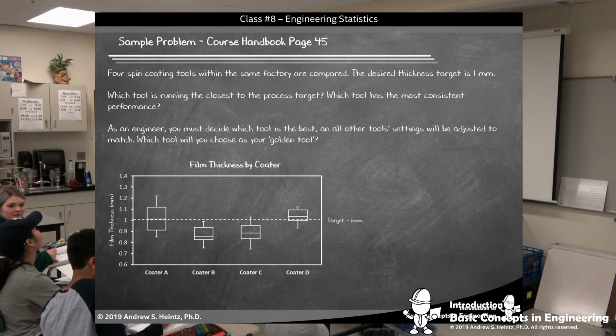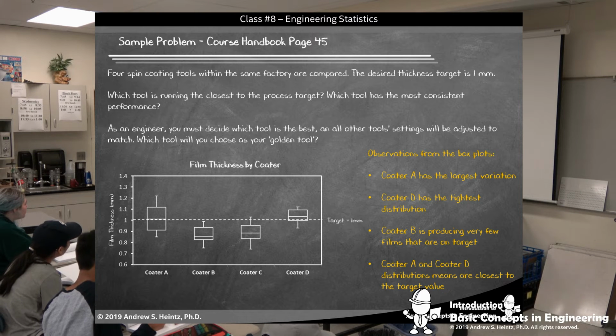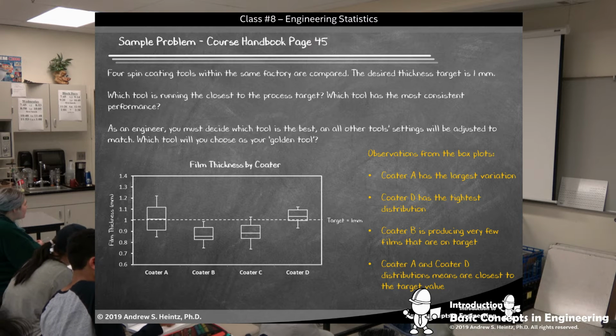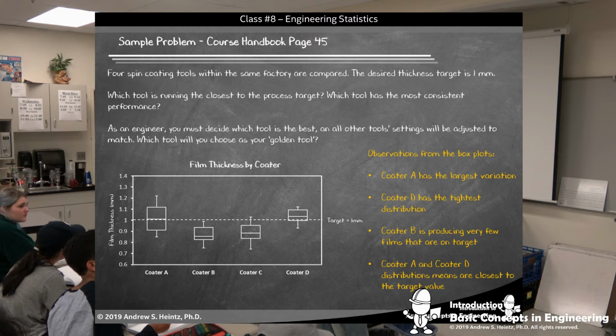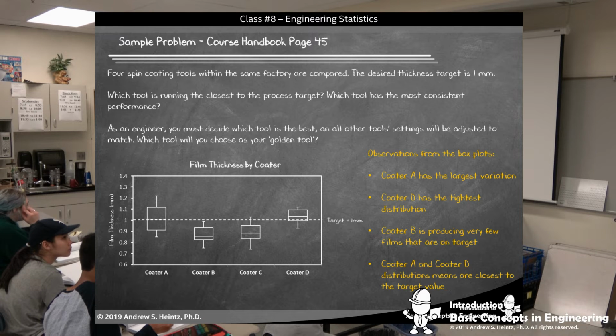Do I agree? All right, so I agree. I think that coder A is running closest to target, but is coder A our best tool? Why? It's running on target. My variation. Variation, okay. So now then I asked you the second question,